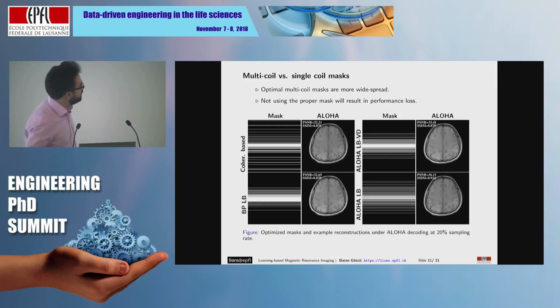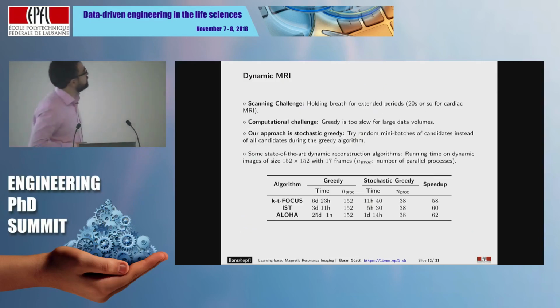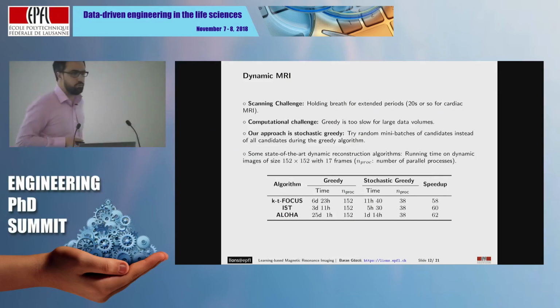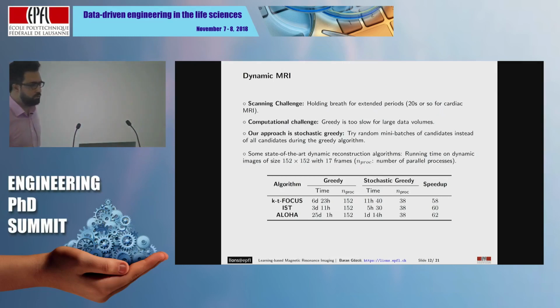And again, you see these other methods have artifacts, aliasing artifacts. But in the case of using an optimal mask for this specific setting, we don't see those artifacts. And we also moved to dynamic MRI setting. Here, the challenge for us is that there is too much data to handle, and the greedy algorithm takes a lot of time. The dynamic MRI is just a sequence of images,